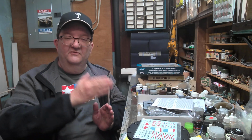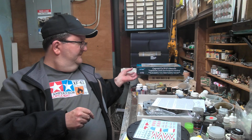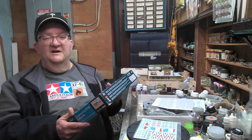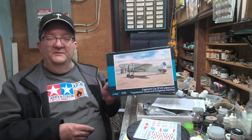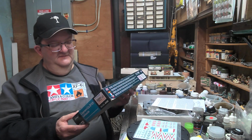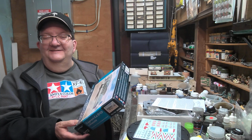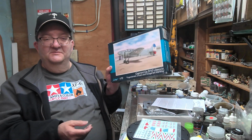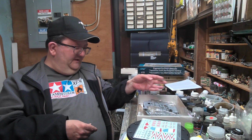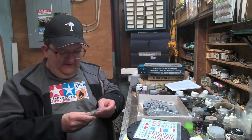Because, interestingly, on eBay, I'm finding that the prices for the different marking options is very different. So this was like $30, I think, cheaper than the one with the Italian and Spanish Civil War markings. Not sure why, but so I bought this one. And besides, I thought these options could be good, which they are, so I'm not disappointed. Again, the test is going to be building this because, all right, so